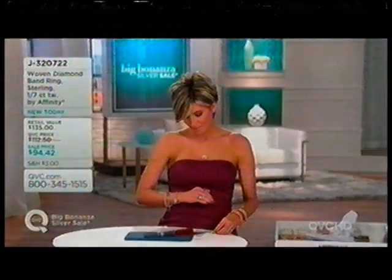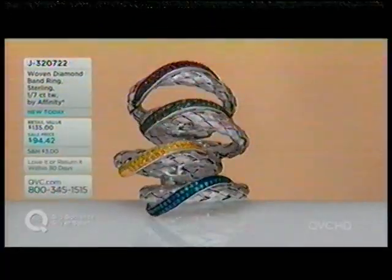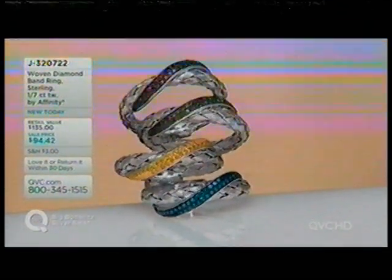I don't know, this is new today, and it's funny because other than my wedding set, I'm just not a real diamond person. I could give it, I could take it, I could leave it, I'm fine with it. They're beautiful, but they're expensive, and so I don't normally pay a lot of attention to diamond jewelry because, I don't know, for me,